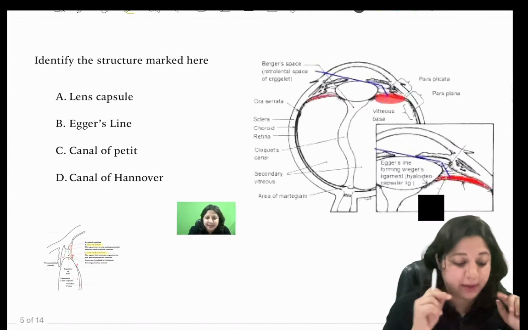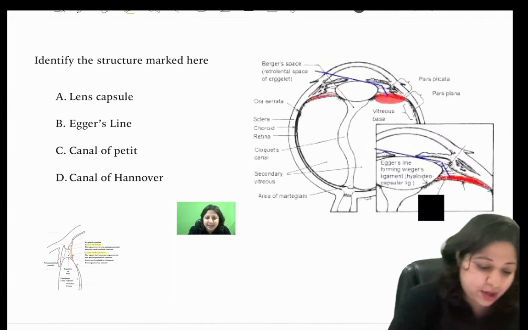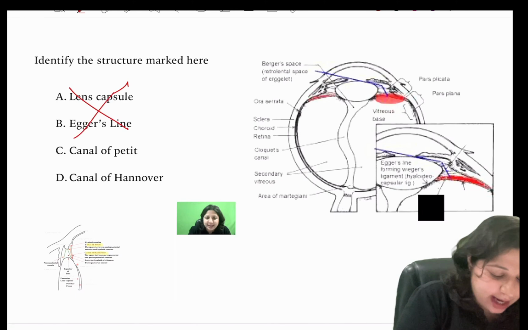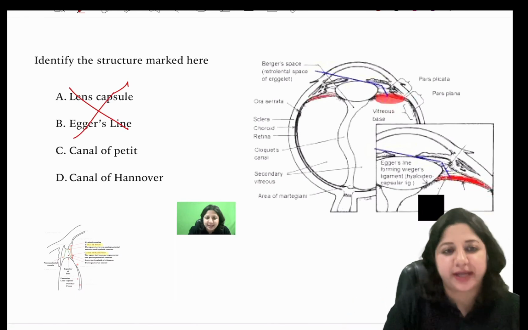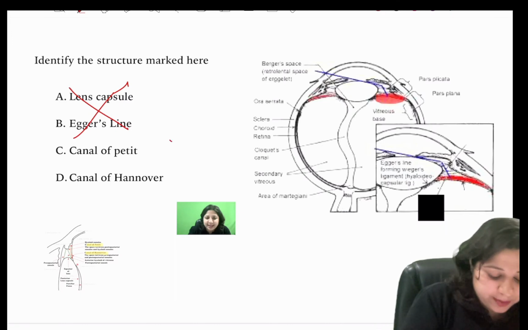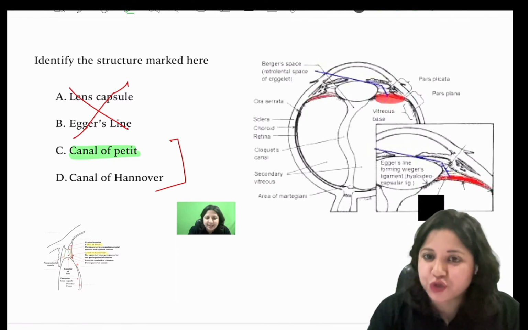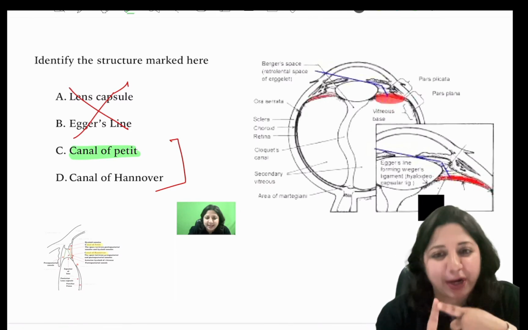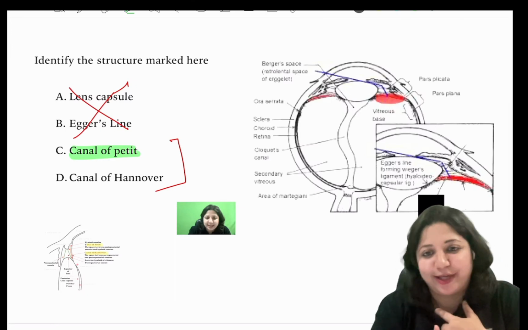So coming back to the question, what was the answer here? So identify the structures. We had already taken out two. It was Egger's line, or it was anterior hyaloid, or whatever it was. We have taken out two. So the answer was between canal of Petit and canal of Hanover, and now we know the answer is canal of Petit. So now you know all the parts of the zonules. So you should remember the part of the zonules, the canal of Petit, canal of Hanover, and what is hyaloid